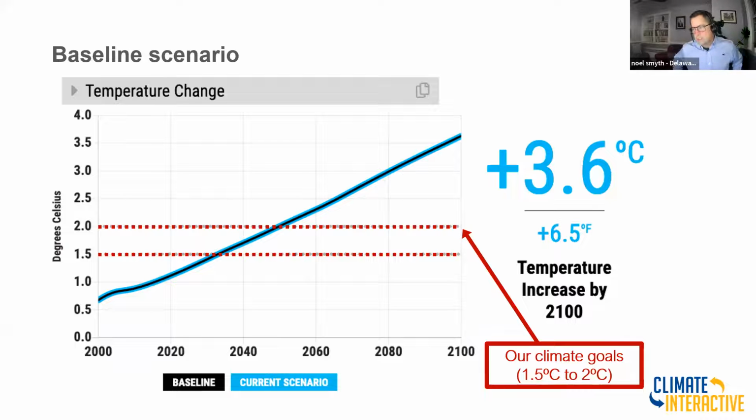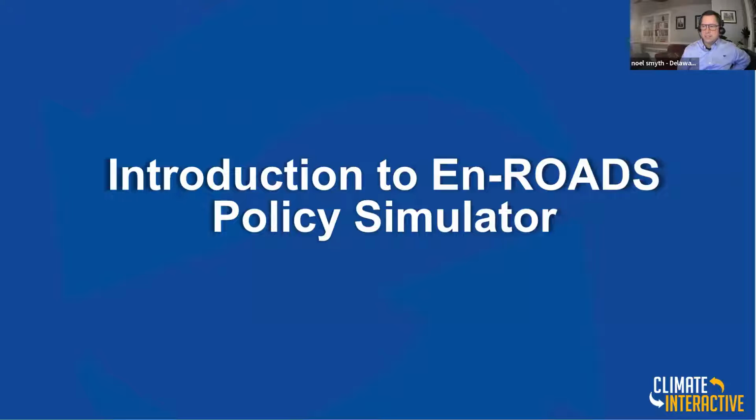And we have now a target goal, and this is going to be our goal in the simulator, to see if somehow through putting global policies in place, we can keep that temperature in the year 2100 down below 2, or somewhere between 1.5 and 2. The closer to 1.5, the better, as you know. That's what science tells us, that things get kind of crazy above 1.5 and really kind of unlivable beyond that, and that's Celsius, as you know. So that's the basic science, and I'm going to now jump into this